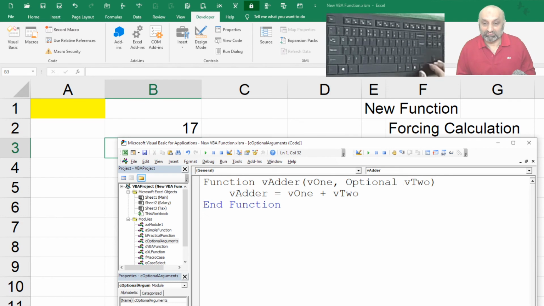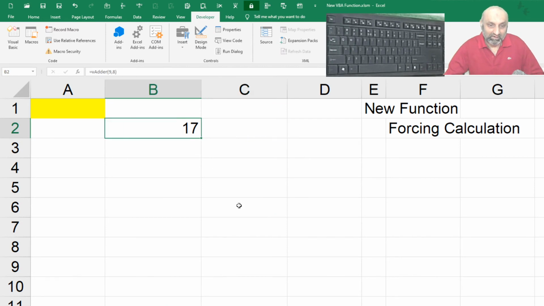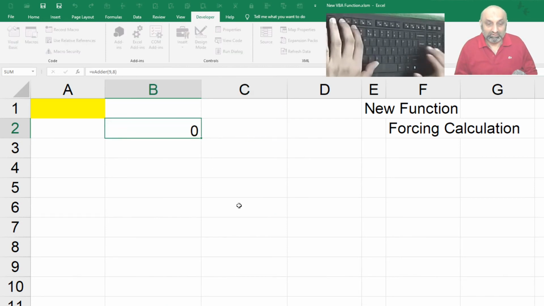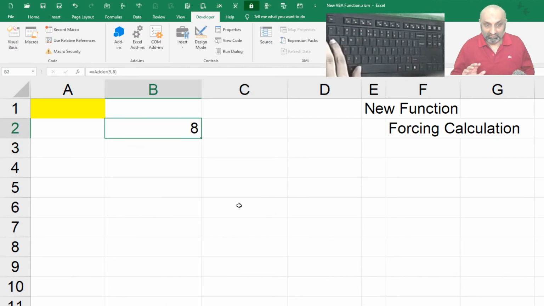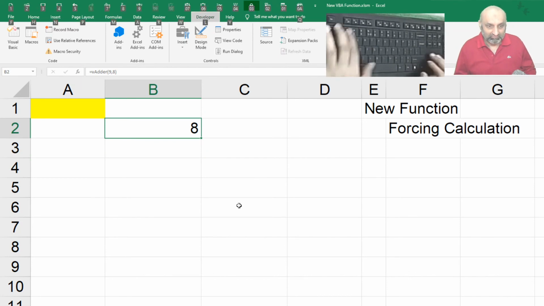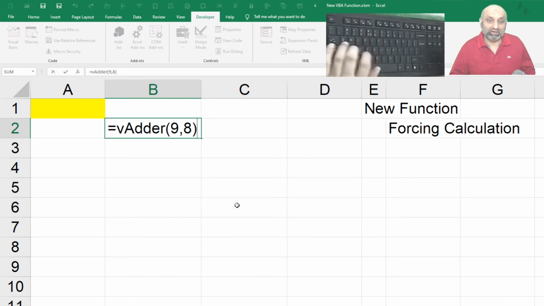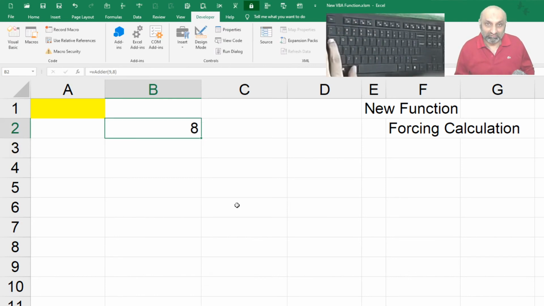Let's say vadder is equal to v2, which is optional. Right now, vadder 9,8 is giving the result of 8, which is the second variable.